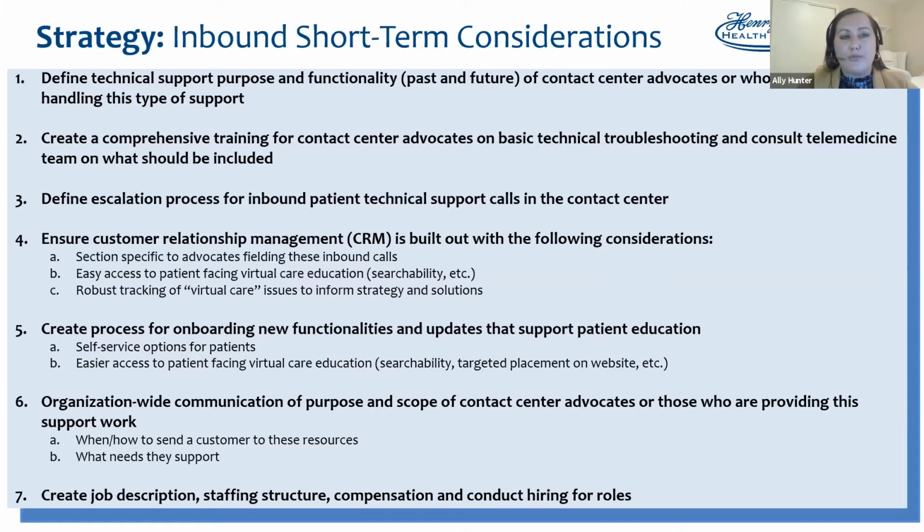define a technical support purpose and functionality, past and future, of your contact center advocates who are handling this type of support. So, really get clear on what their purpose and functionality is, because you don't want to dive in and get ahead of yourself if you don't even know what the purpose and functionality of this support work would be for